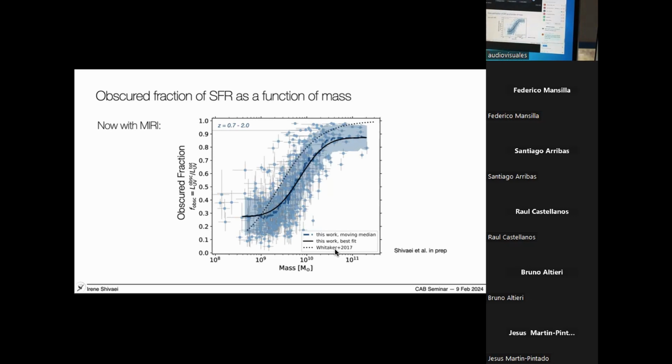The naive question is, apparently, if I understood correctly, the amount of PAHs in a galaxy correlates positively with the star formation rate. So I suppose you would have more massive stars. I would think very naively that with a harder and stronger ionizing radiation, such a big molecule would be more unstable. So I was wondering if you knew something about that and if you could explain a little bit.